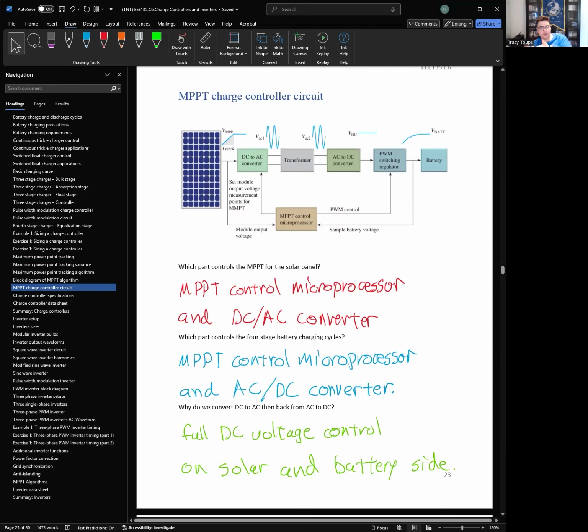So what does the circuit look like? So the MPPT charging controller circuit is, you'll have a solar panel that has its own maximum power point. You need to figure it out. You're going to have a DC to AC converter right here. So you're going to take your DC voltage, convert it to AC. While you're doing that,